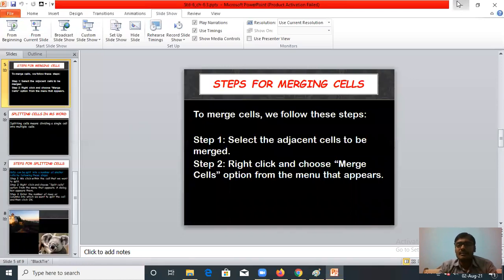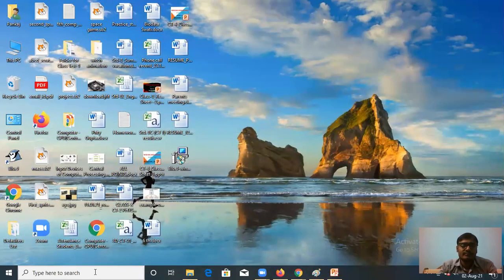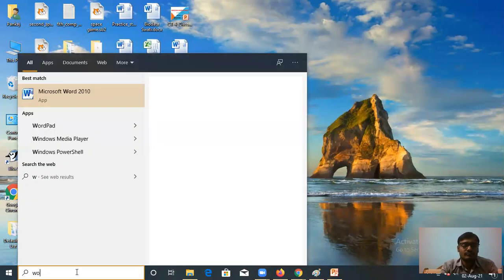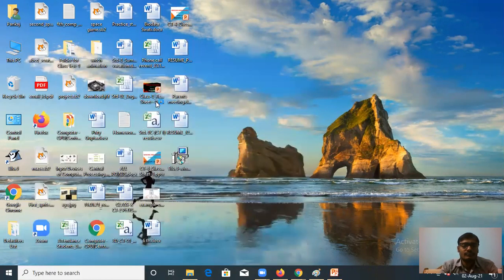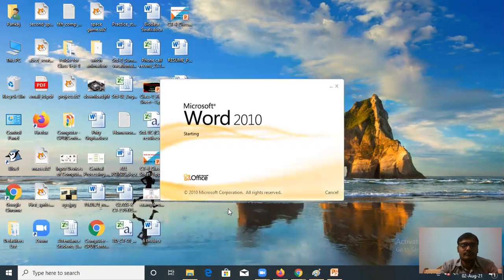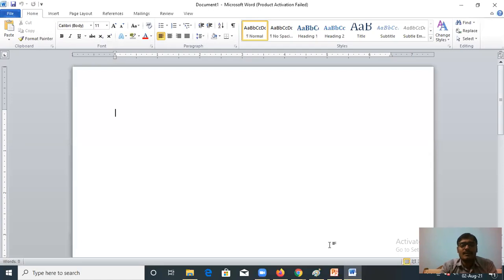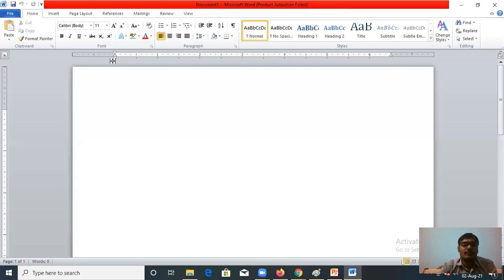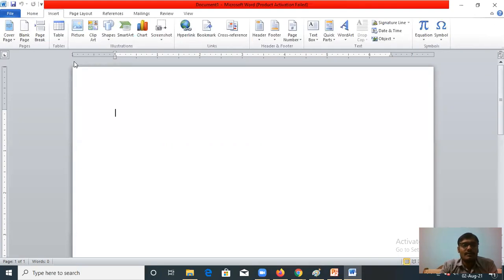So let us open MS Word. Please wait children, it will open. Now first you have to create a table so that you can use merging and splitting of cells.